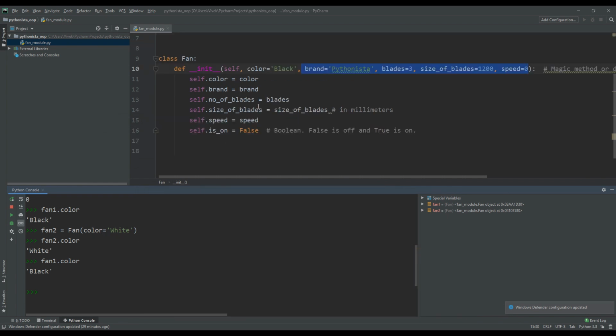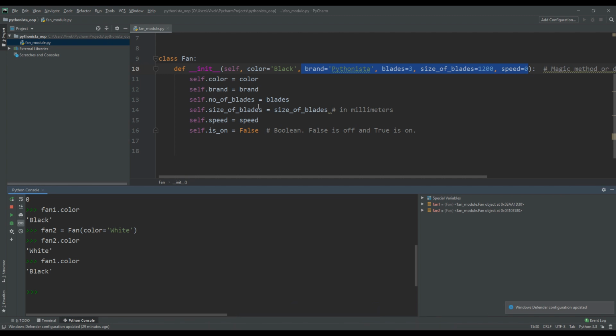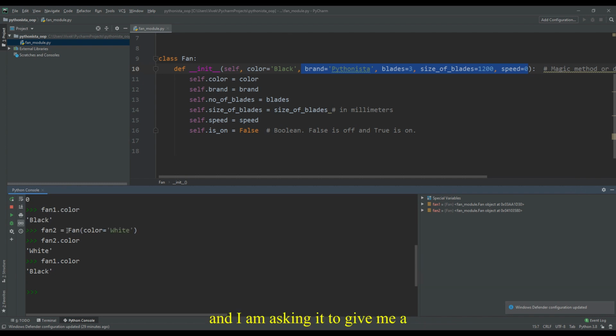The way I see it, this is like a factory where you are telling the factory, I want this product in this variation, and it is giving it back. So that's what the object is. If you imagine it that way, this class is like a factory for me, and I'm asking it to give me a fan object with the color white, and it is giving me that.